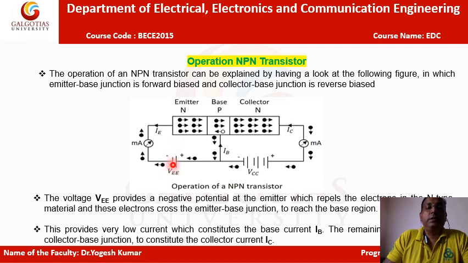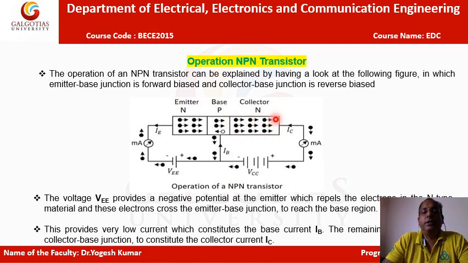Due to the repulsion from this battery, because the negative charge carriers in the N region are electrons, electrons will repel from this battery terminal and move towards the base. When electrons move to the right-hand side, the current flows opposite to the flow of electrons, so IE will move in this direction. The charge coming from the emitter reaches the base region, and we know the base is very lightly doped and very small in area, so very few charge carriers recombine. About 3 to 5% will make the base current, whose direction is upward, and the rest, 95 to 98%, will reach the collector region.